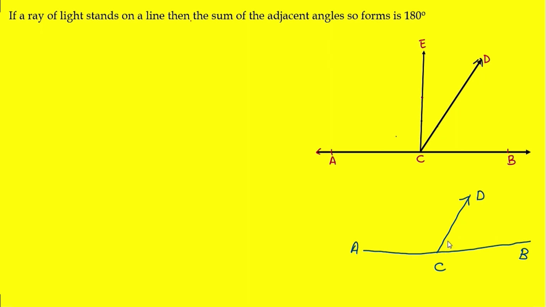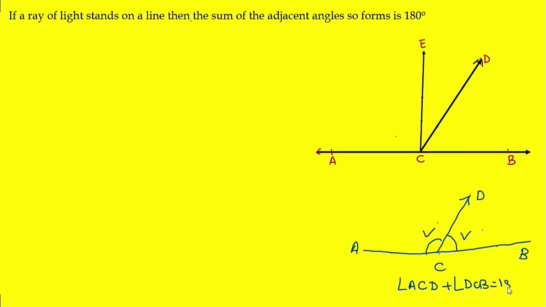If you see here, CD actually cuts this angle into two parts, angle AOD and angle DOC. These are adjacent angles because they have a common arm. The non-common arms are lying on the opposite sides of the common arm and they have the common vertex. So here we can say that angle ACD and angle BCD are adjacent angles. You are to prove that the sum of these adjacent angles, that is angle ACD plus angle DCB, will